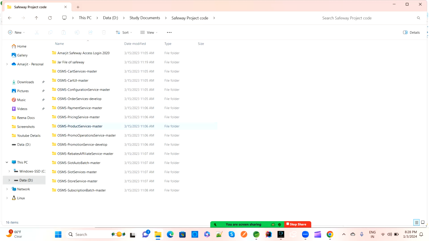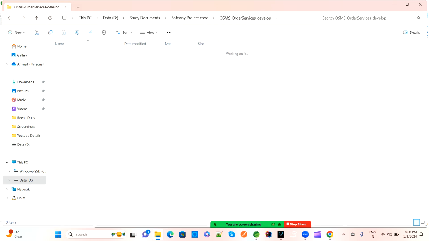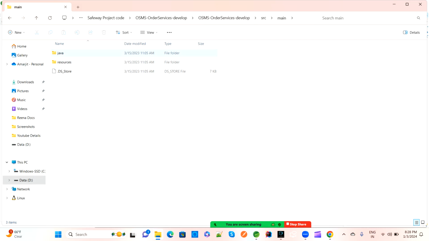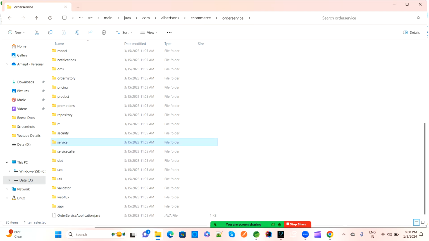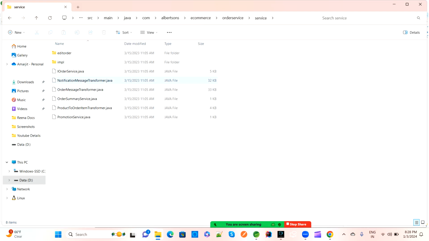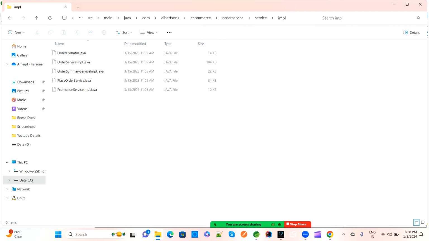If you search here for the order microservices, this is my project, which is an e-commerce based application. This is the package, and inside this package we have the order service. Inside that we have multiple sub-packages. If you open service, we have the service implementation classes. If you open any of the implementation classes here,